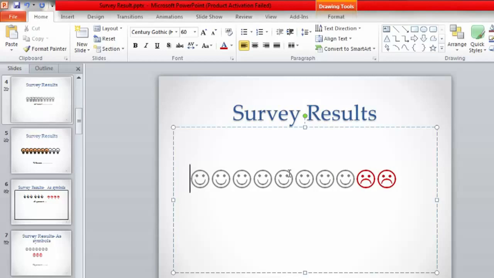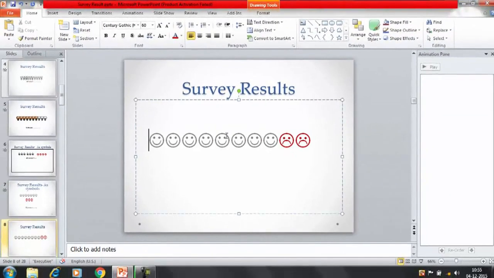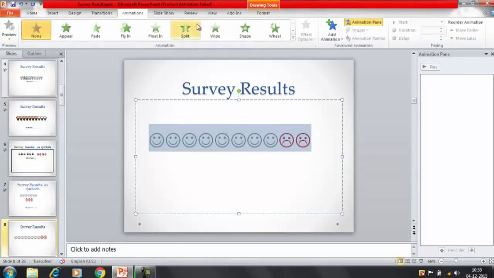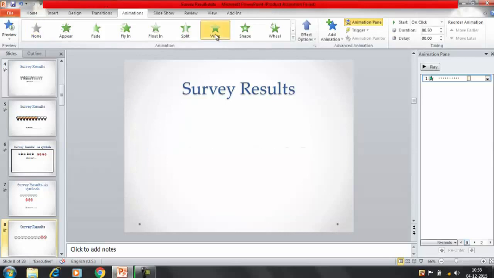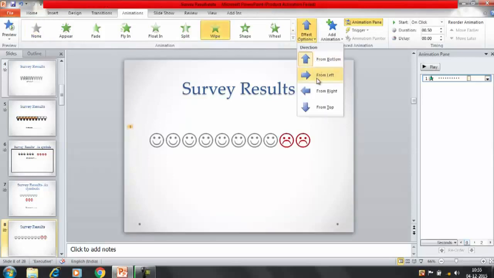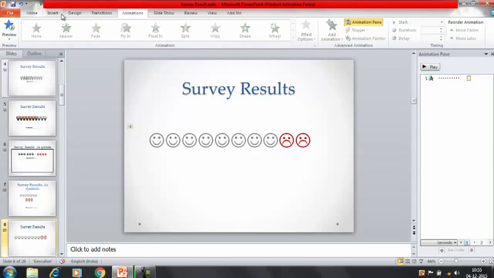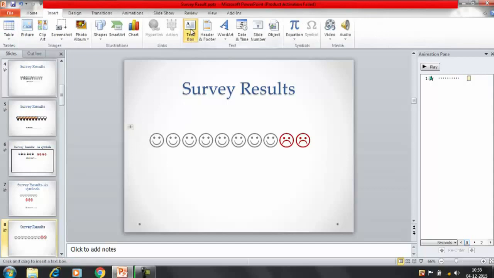Now you can keep it simple also. You can represent the result in this way, or if you want to apply any animation, then definitely you can do it. Once again, you need to decide what kind of animation you want to provide in here. You can select the wipe also from left to right, and after that you can write a text here at the bottom which says 80%.